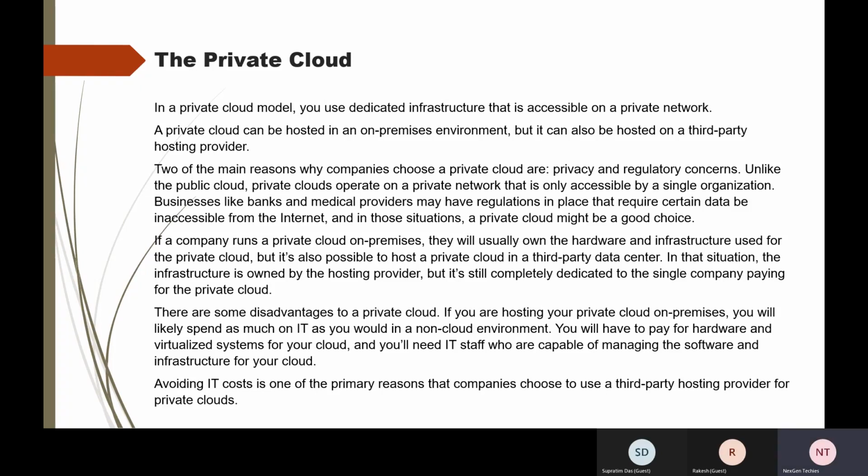So in this case, the private cloud is the good choice. If a company runs a private cloud on premise, they will usually own the hardware and infrastructure used for the private cloud. But it is also possible to host the private cloud in third party data centers. So either the customers can have their own data centers or they can host their services in third party data centers. If they are hosting in their own data center, then the customer is wholly and solely responsible for managing